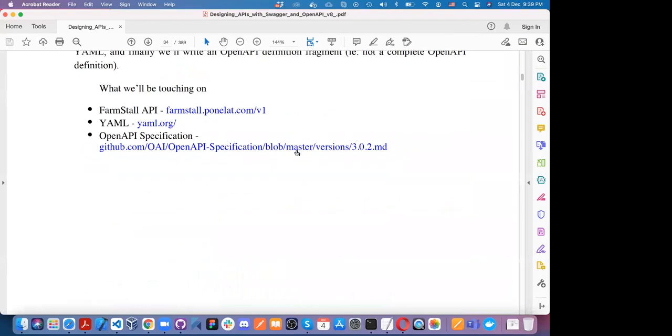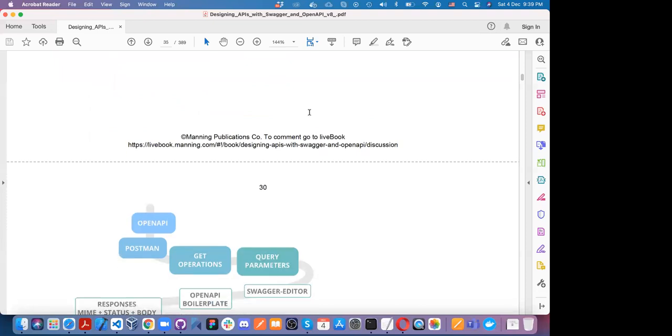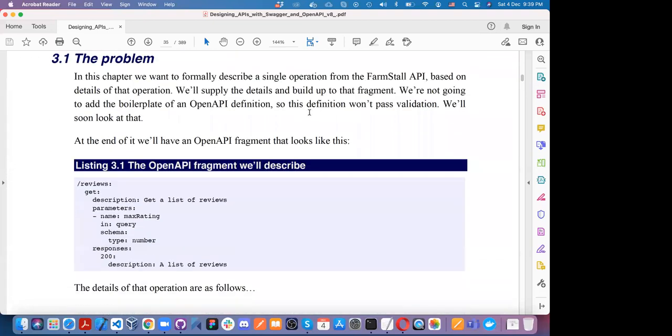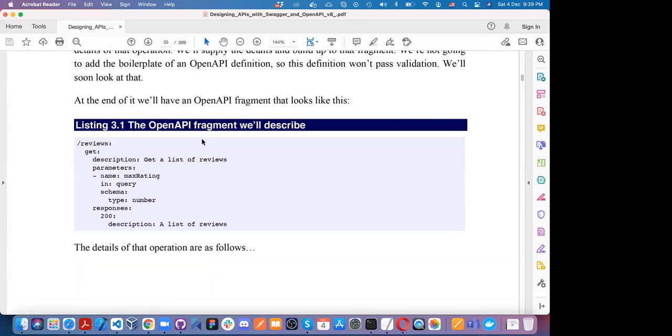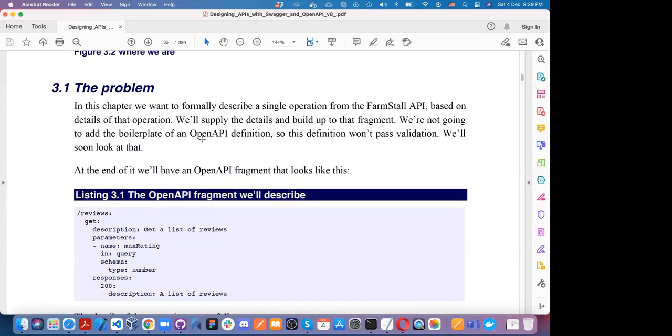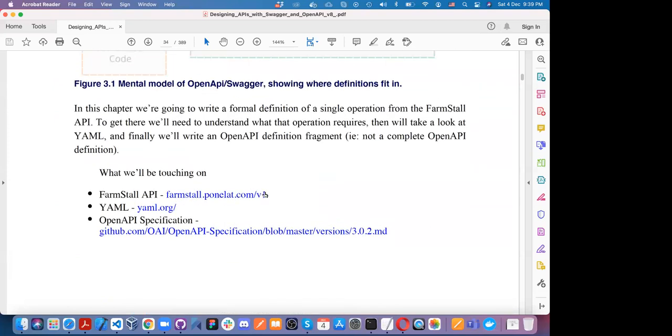Now, we are using this URL, which is already deployed, and we are going to look at the specifications. For example, the base URL is this, version 1.